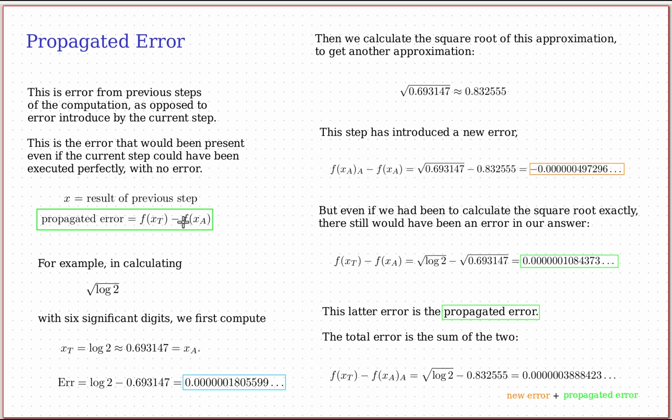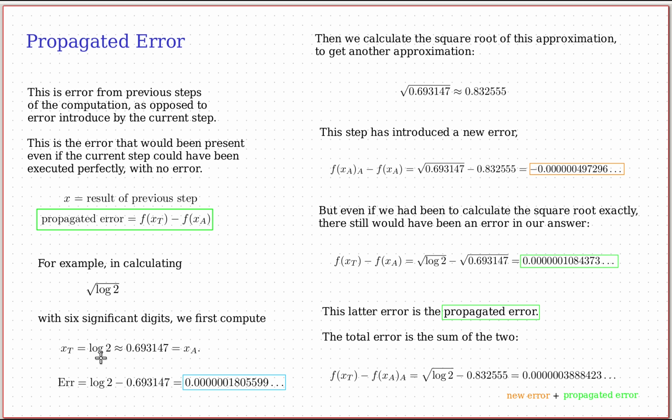Suppose you want to calculate the square root of the log of 2. So this is a two-step process. First we'll calculate log 2, and then we'll take the square root. And suppose we want to do the calculation with 6 significant digits, right? So imagine again you're on your phone calculator, and it only has 6 significant digits. So step 1,